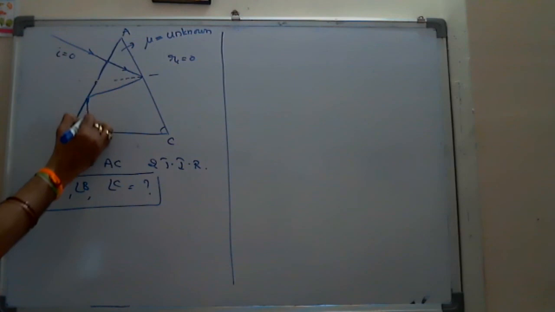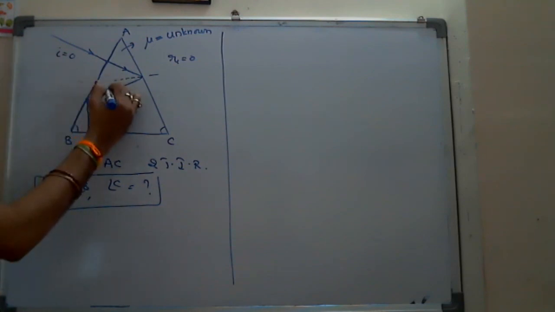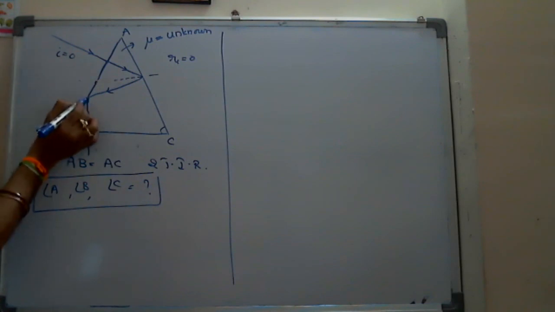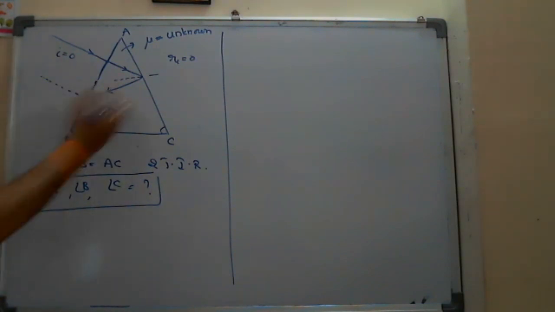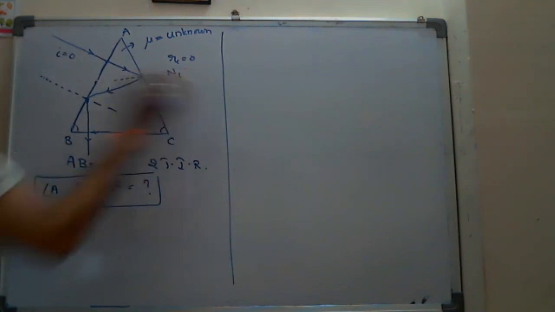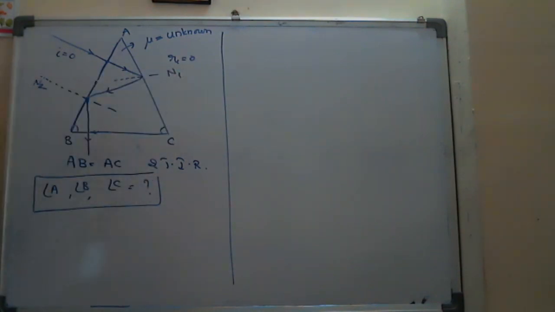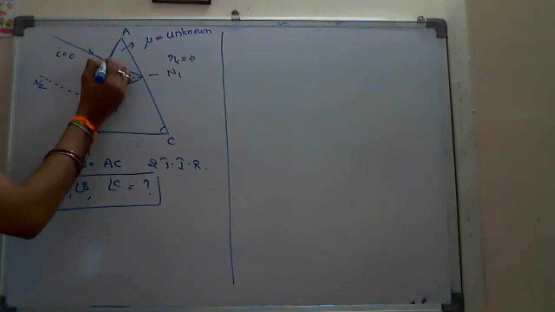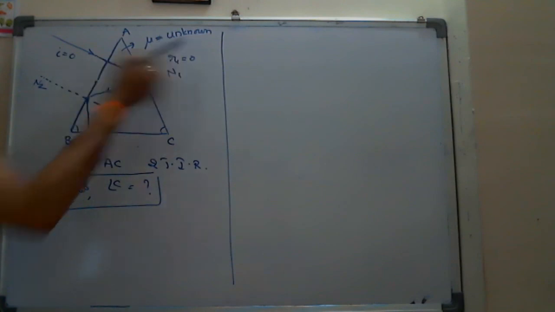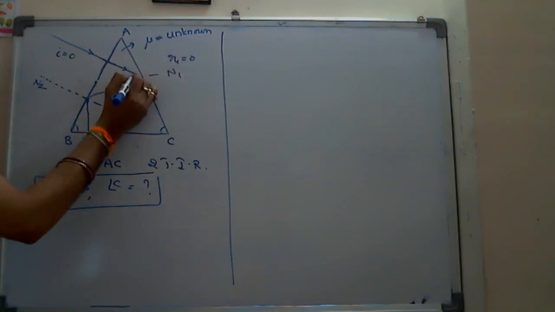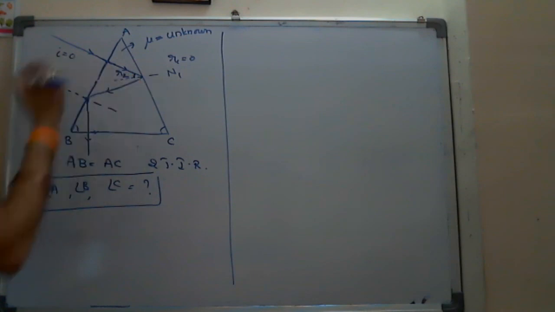And here, the light ray after reflecting, suppose it comes to here, and finally comes out like this from here. Okay. It is the better one. And here it is the point, second TIR, and it is the normal. Okay, there it is the normal, N1 and N2, normals drawn to the surface, AC and AB. And here at the surface with the normal, the angle of refraction at this point is 0. And here angle of refraction, this is R2.